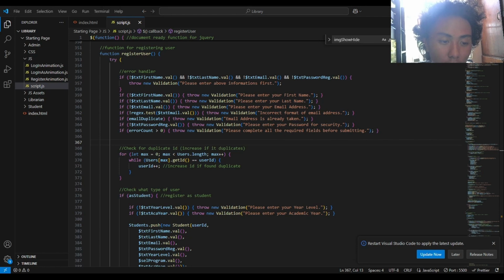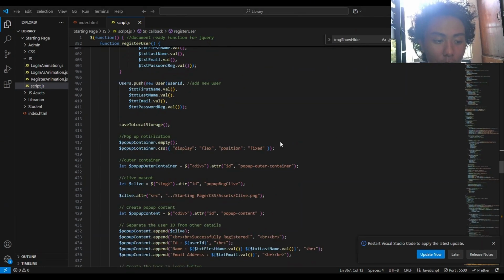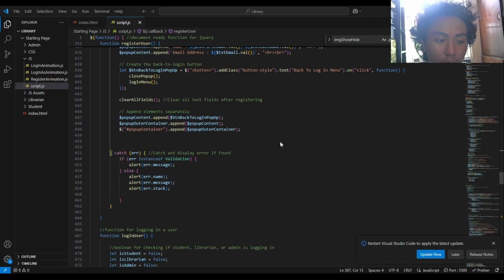Okay. So next up, it also checks if the email is already taken. If the validation passes, it registers the user as a student, librarian, or admin based on their selection, adding their details to the corresponding array. The function then creates a new user object and stores it in the user's array. After registration, it clears the fields, displays a pop-up message with the user's details, and provides a button to return